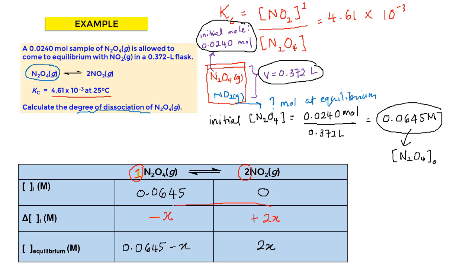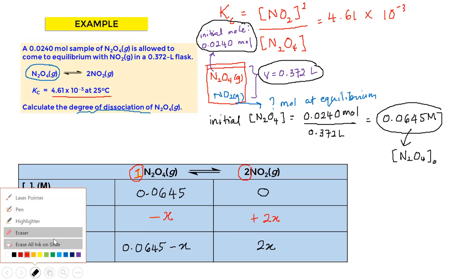Yang sini, ini change in concentration. Okay, tetapi kita tak nak fokus kepada NO2. Kita nak fokus kepada reactant. Jadi saya tak perlu bulatkan semua. Maka saya hanya bulatkan untuk reactant saja. Maksudnya saya akan fokus kepada,